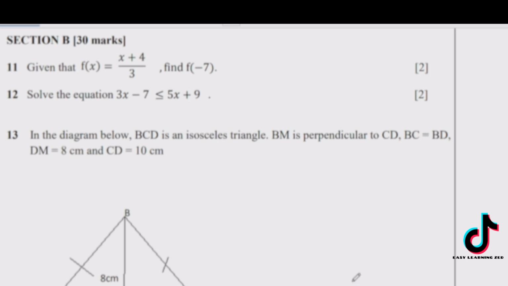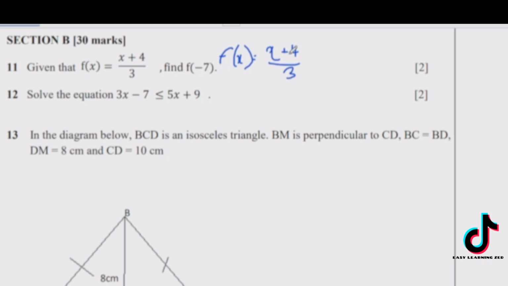Okay, so we start with this one. What I'm going to do first is write this entire expression. So f of x is equal to x plus 4 over 3. Okay, now we are told that we have this one, f